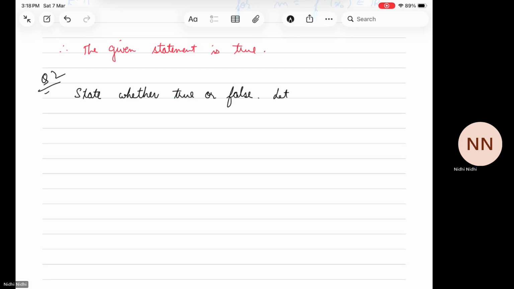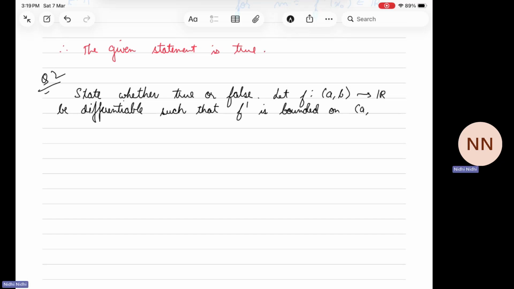Let f be a function defined from (a, b) to R, be differentiable such that the derivative f dash is bounded on the whole interval (a, b), then